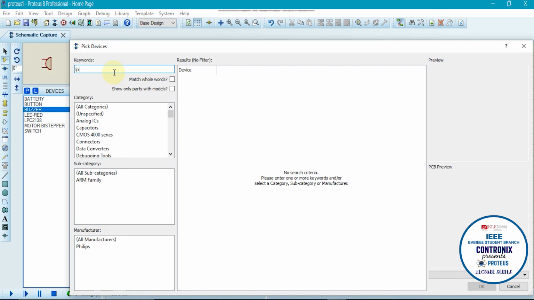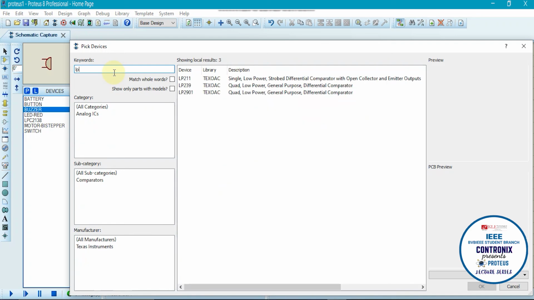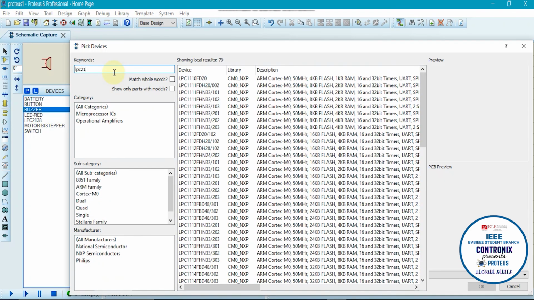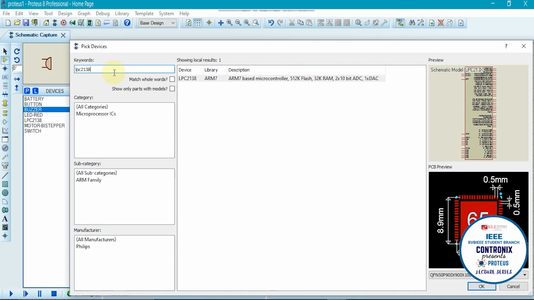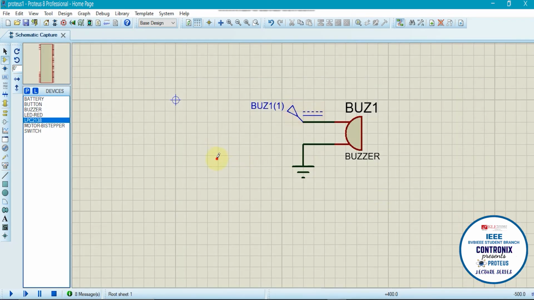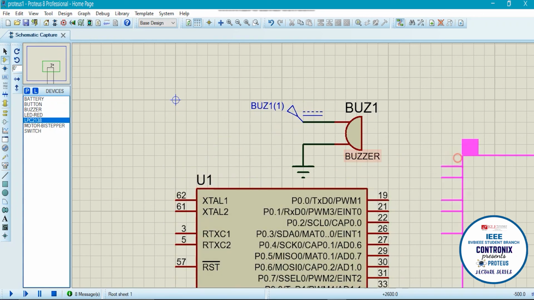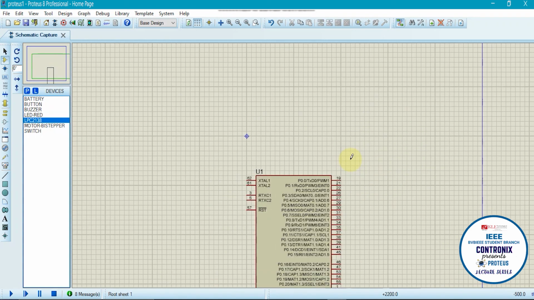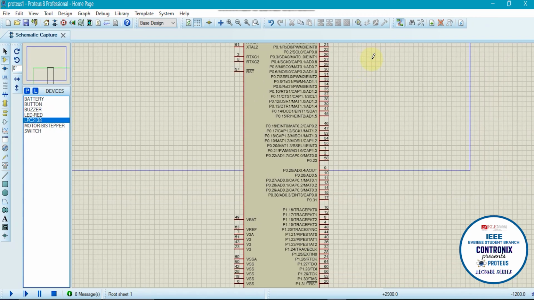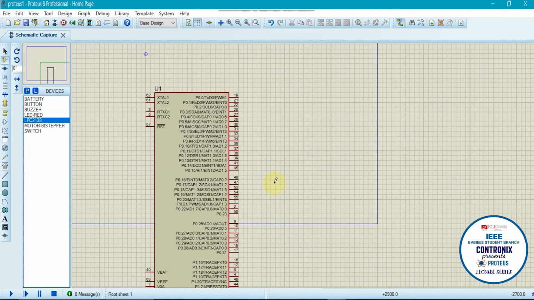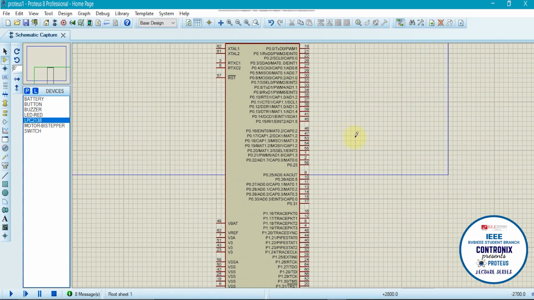So here I will show you one ARM based microcontroller, that is the LPC2138. You might not have come across this microcontroller, but to give you an insight, this microcontroller is heavily used in the mobile devices you are using. So this is the ARM microcontroller that is used in your mobile phones to perform the different functions and actions.